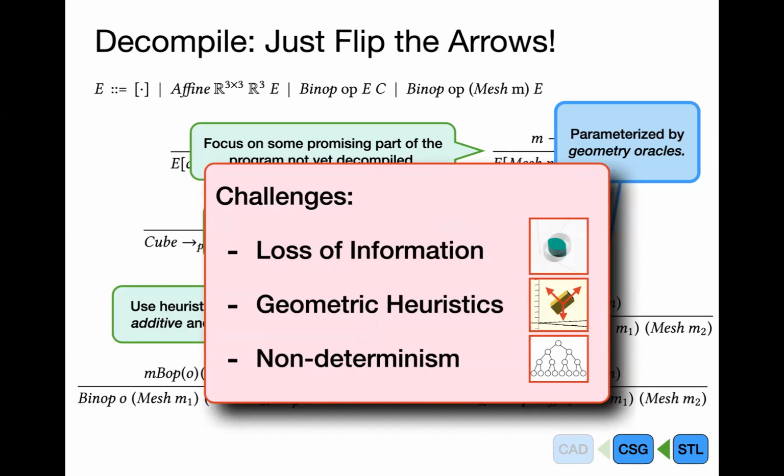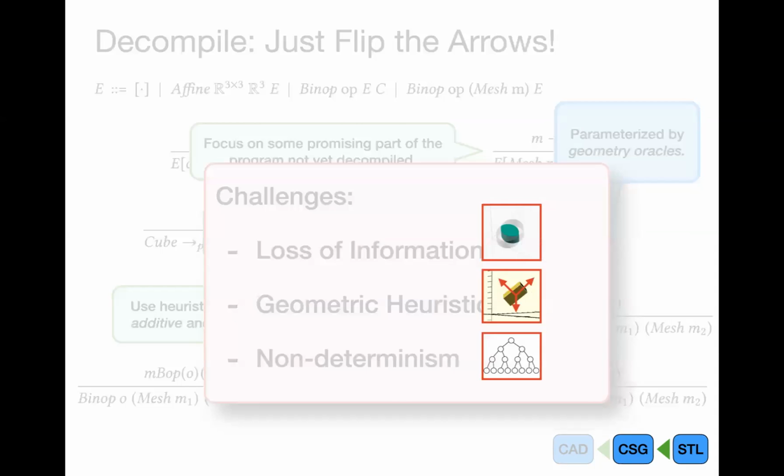And the third is that the space explodes. Unlike the compile semantics, which was deterministic, where you always knew exactly what to do next, when you're working backwards, you have to search. It's not clear in general what the right next move is when you're trying to work backwards through this synthesis path. For each of those things, we have a few tricks that help out a lot. My favorite is actually about the loss of information. This is one of those really beautiful things that just fell out of the sky into our laps. It turns out that using the evaluation context in the semantics was crucial, because the evaluation context represents